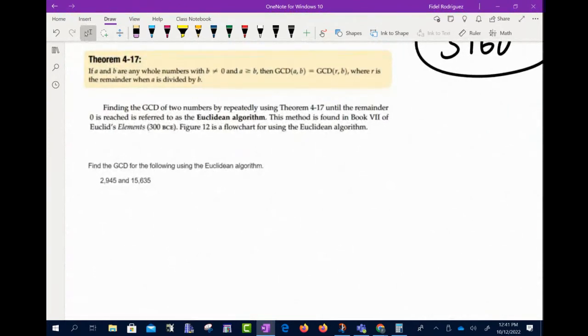So the next part here, y'all, there's a little theorem here, and it says if A and B are whole numbers where B is not 0 and A is bigger than B, then the greatest common divisor between A and B is the remainder R when A is divided by B. Okay, so I'm going to explain what this means. We're going to look at